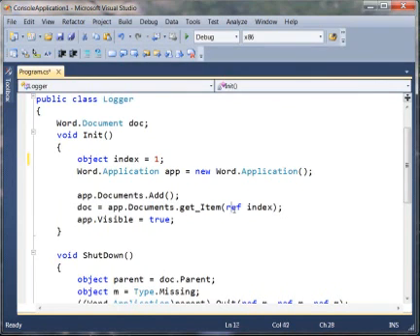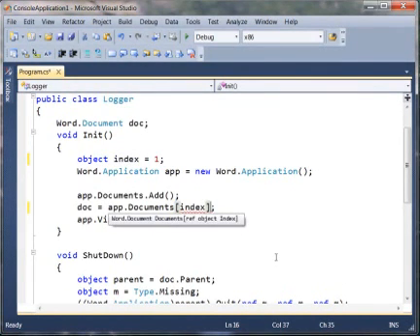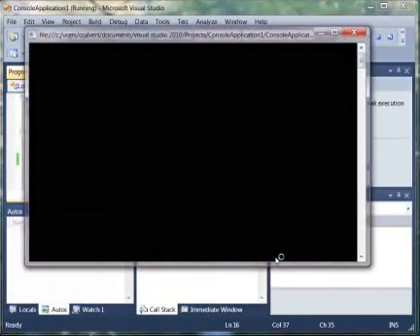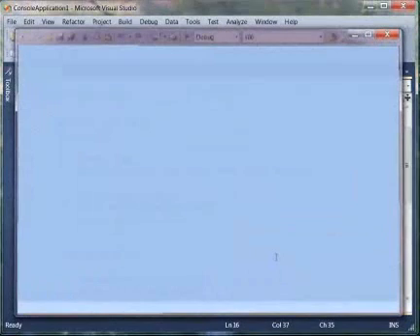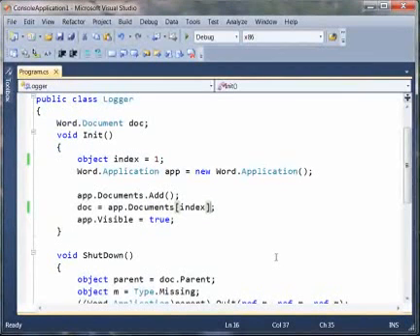So the first thing we should note is, again, we can get rid of the refness in the argument, and then we can just get rid of this call to get item and start it with a square bracket and close it off. And we'll go ahead and build just to make sure that, yep, that does succeed, and we'll run one more time